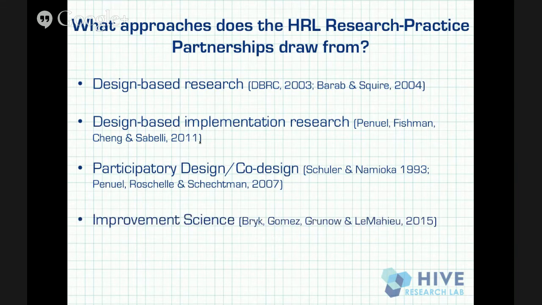Finally, or penultimately rather, we look to improvement science, which I'll speak a little bit more about, but essentially is a little bit more of a practical orientation that is similar to many of these other traditions, focused on improvement of systems at large scale. And this is something that's been successfully used in industry and healthcare, and recently has been brought into the educational world by folks like Tony Bryk and Louis Gomez and their colleagues. And the final place, as